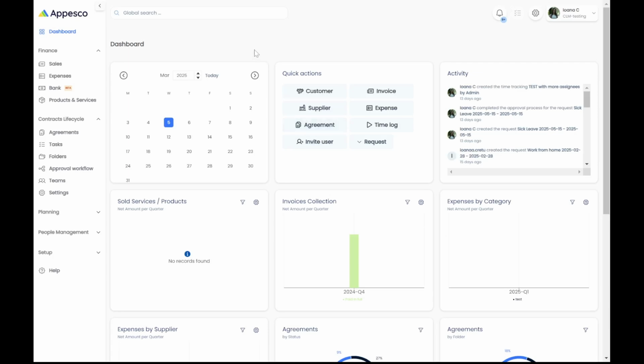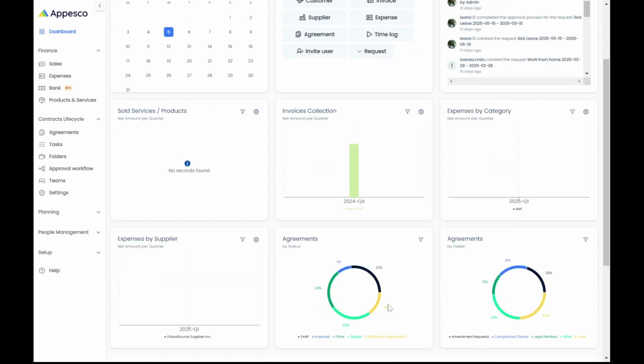This video tutorial will provide a short introduction to what you need to do after your first login. When you first log in, you will enter the dashboard of your company's workspace. The dashboard contains a calendar, an activity log, visual reports related to the modules you are using, and quick action